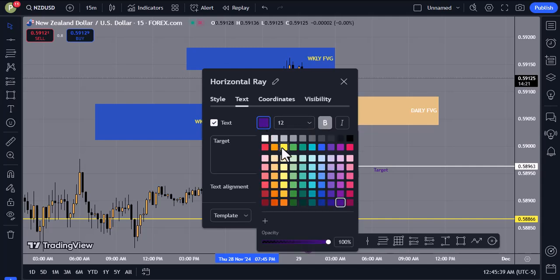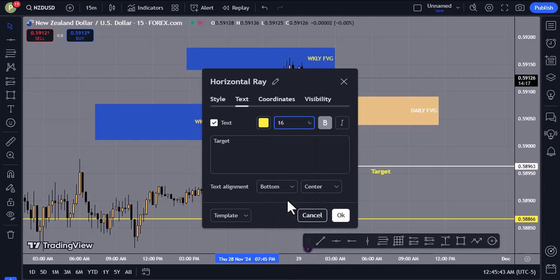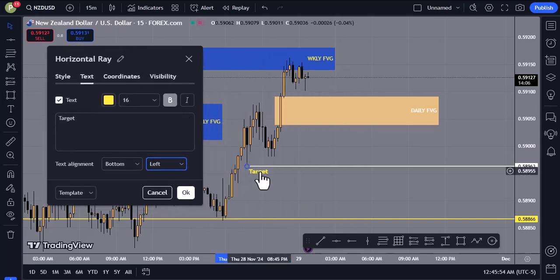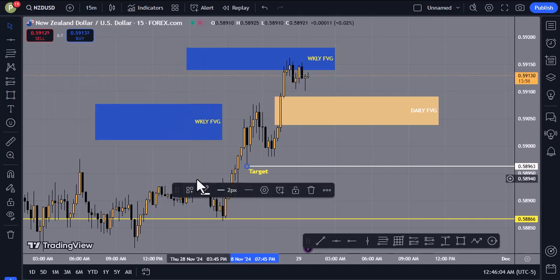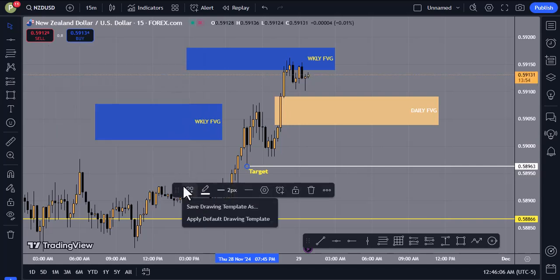You change it to yellow so that it can be very visible, and increase to 16 or so. So this target, and then you maybe add it to the left. So let's shift this so that you can see. So it's now on the left and on the bottom. You can put it in the middle inside the line or the top, but I want to keep it at the bottom. So after you've done this, once you click OK, you can mark this, click here on this template,